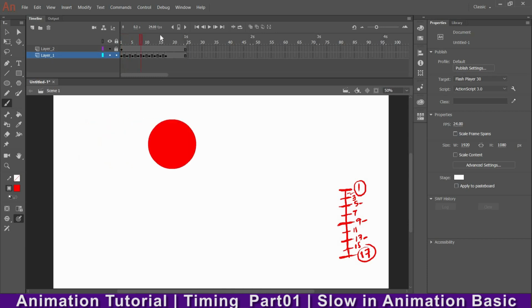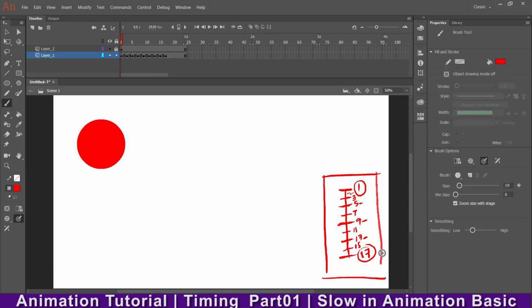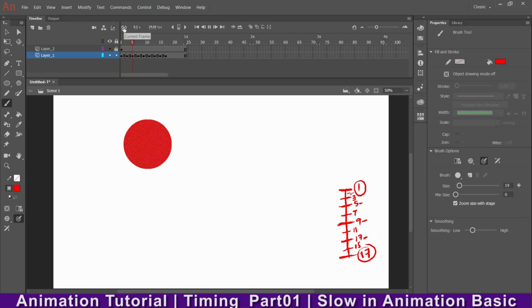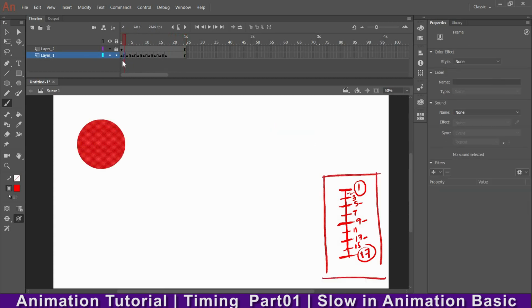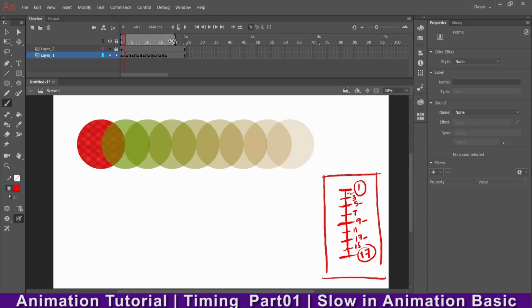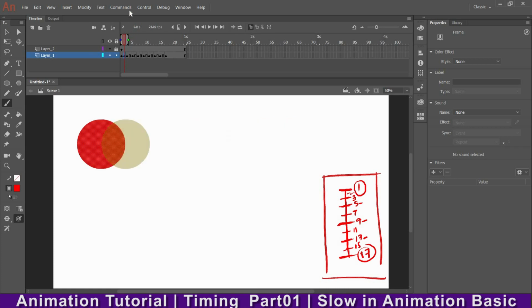Okay, so if you want to increase the timing, that means it should go slower, then you can make some other changes, like you can shift it. This is for your basic idea how to plan it. But if you want to manipulate here, you can do that here as well. Suppose you want this animation to be smoother, then you can add more frames here. Suppose I do F6 again, and I'll open the onion skin and drag it from here to here, and I'll see the 1 and 3 frames, and between that I need to place this object.